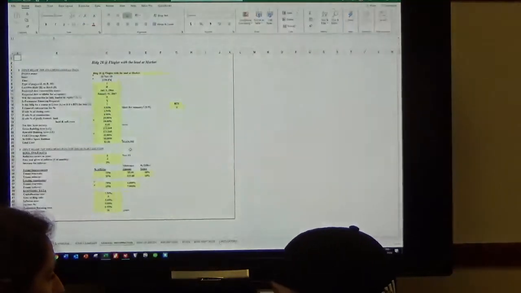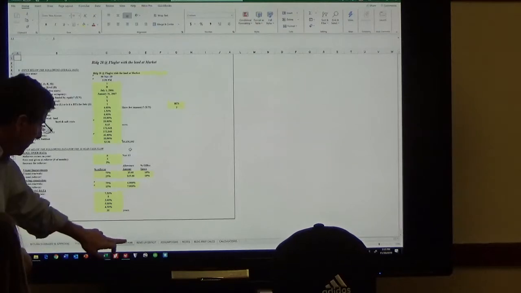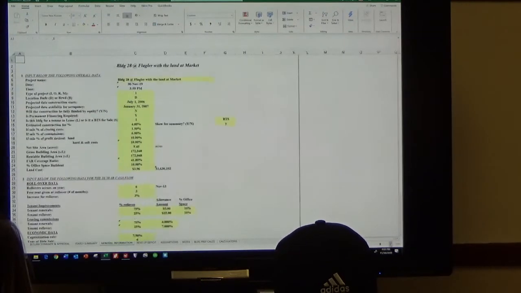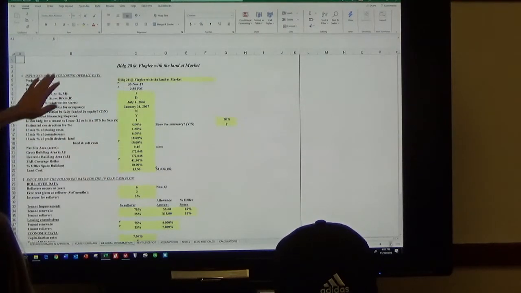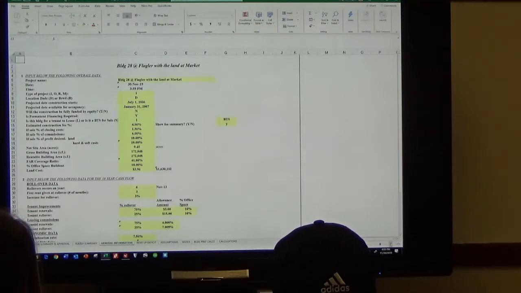Sorry, at Beacon Station, okay? And so you're going to see that there are multiple tabs, okay? And it's all in an Excel spreadsheet. I'm going to make it bigger. I've used some of the same sort of concept, okay? But, you know, general information, okay? They've got a whole bunch of conditional statements based on what happens here. It feeds different tabs, okay? But ultimately,